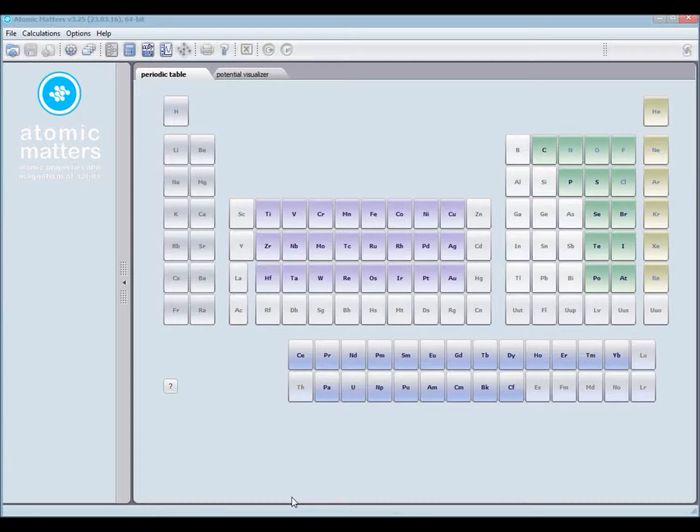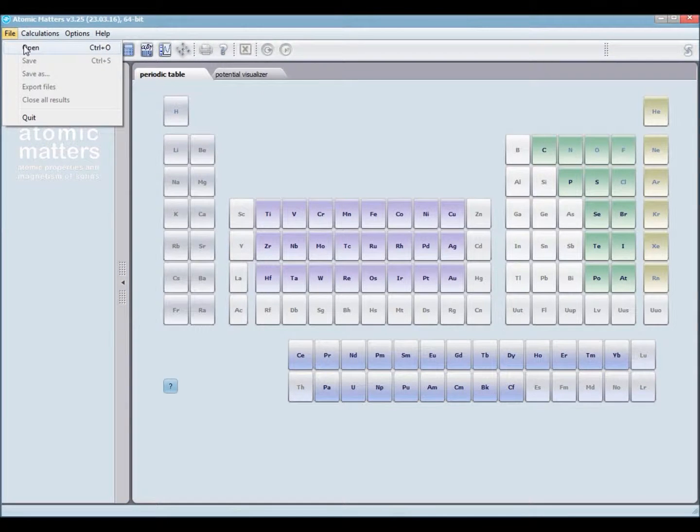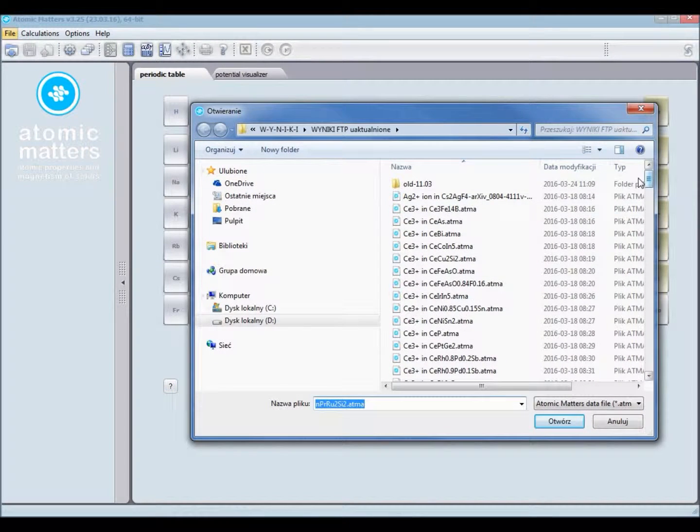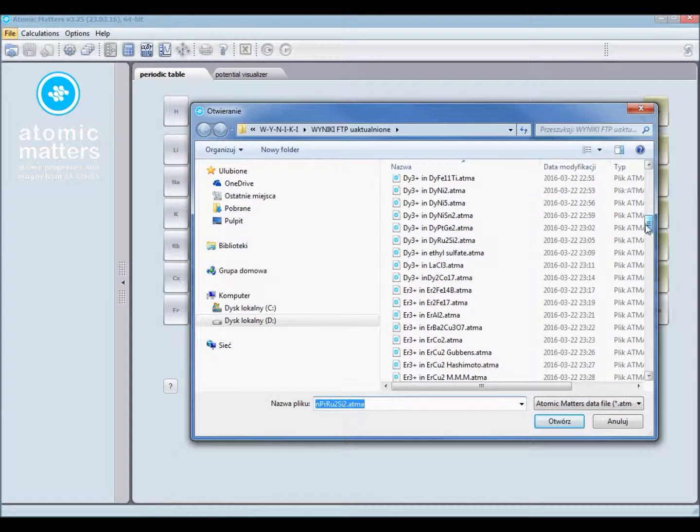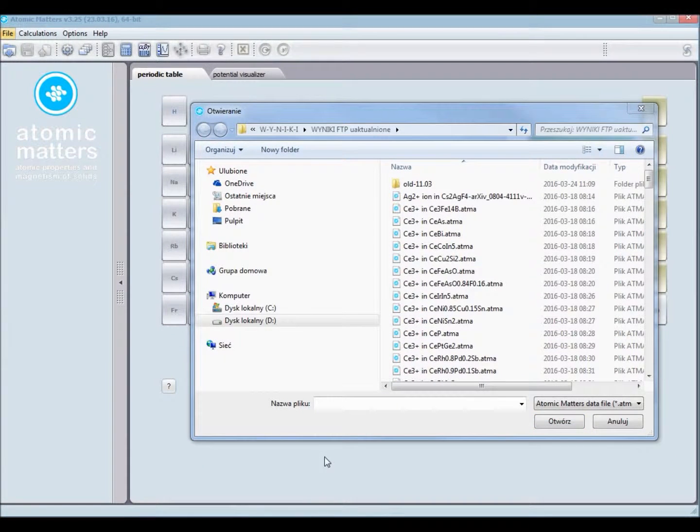The main idea of the user interface of the application is a system of tabs or bookmarks with a hierarchic structure. Such a structure is very useful for comparing sets of results between different parameters of calculation. For example, if we open an ATMA file, ATMA is the registered extension of Atomic Matrix Computation System